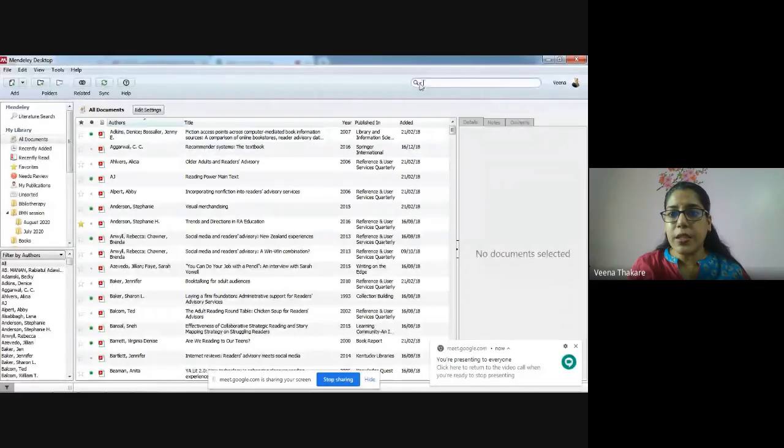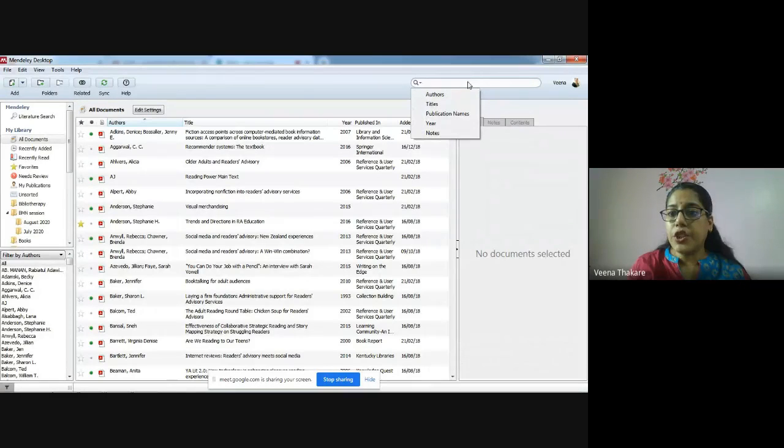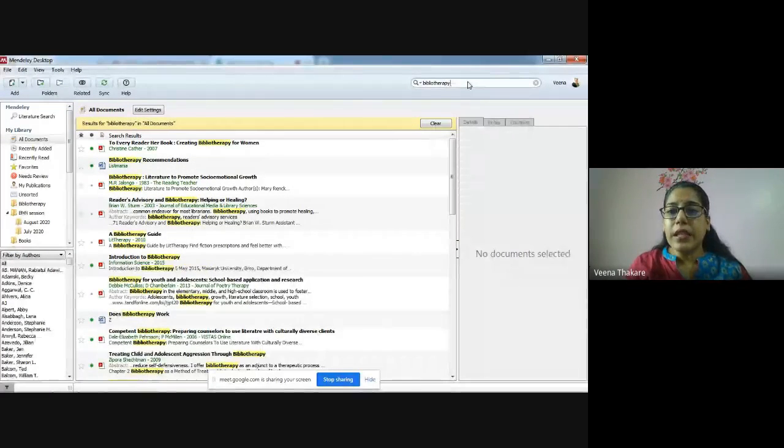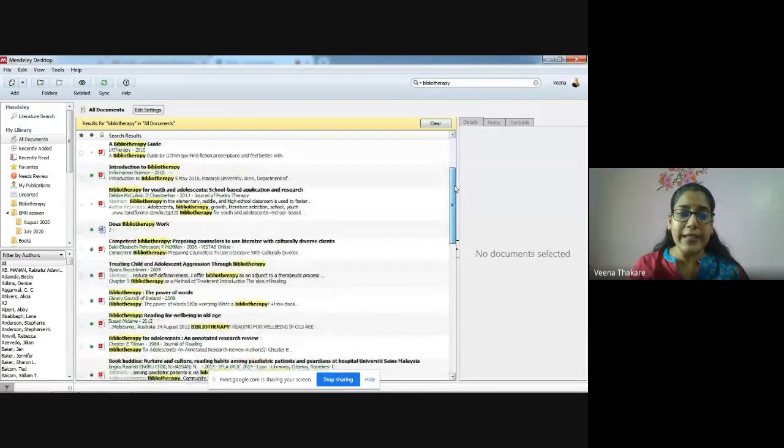You can also specify the author, titles or notes. But generally, I showed the example of bibliotherapy. This is the keyword that I put. Now it will search this word within my library, and it will show me how many hits I've got, not just in the titles of those particular resources, but within the text also.